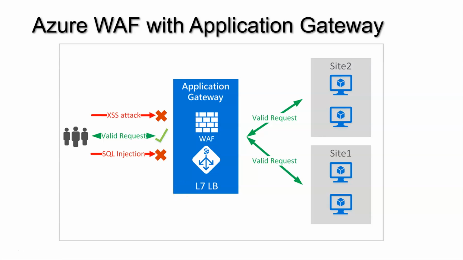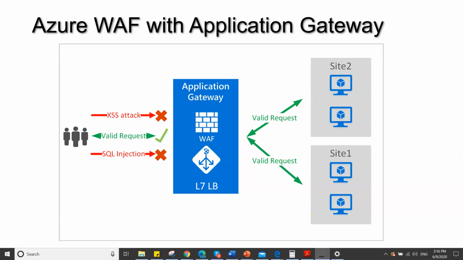So now under the application gateway you can host 40 applications. All those 40 applications, if you want to manage a different rule set than your Azure Front Door, you have already defined a common rule set, and then you have a separate rule set for each and every website or each and every application gateway. That's where you can enable the web application firewall at the application gateway level. You can see here all these attacks will go through the web application firewall, which is part of the application gateway, and then only valid requests will go to the sites.